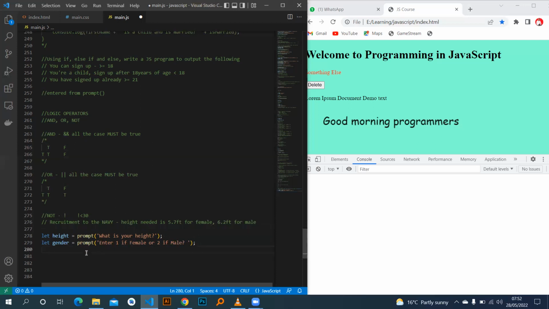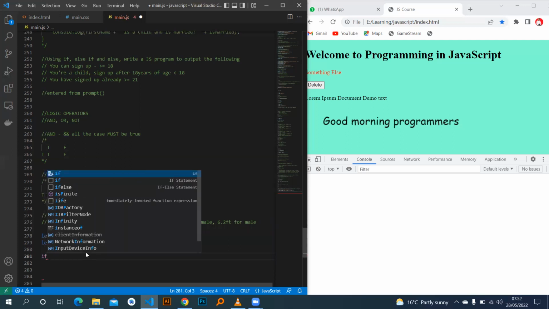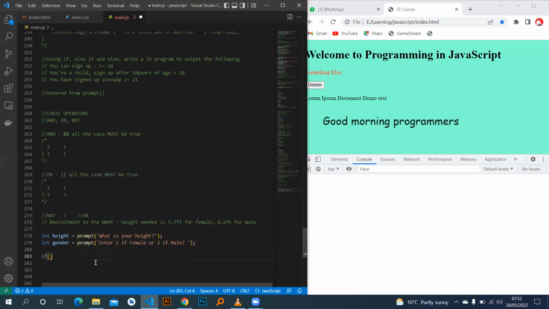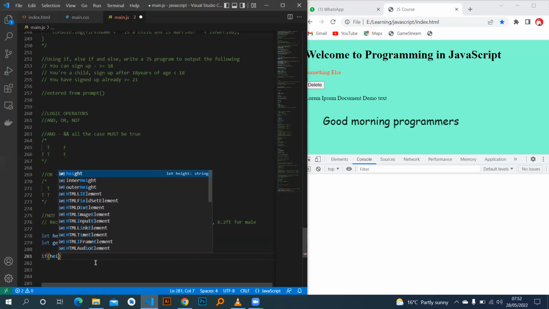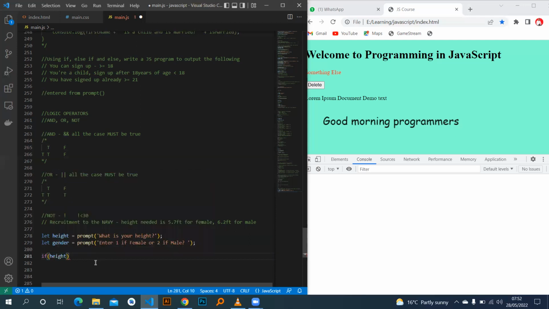At this point, we say if, and of course we start with the parentheses, if the height of that candidate is greater than 5.7,